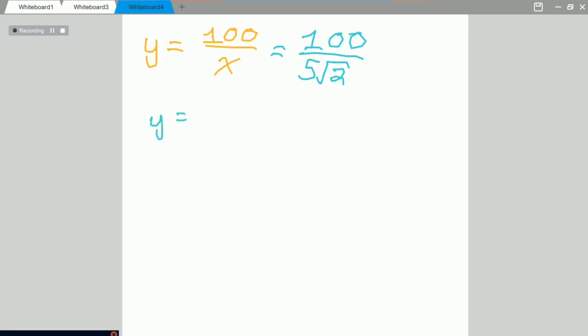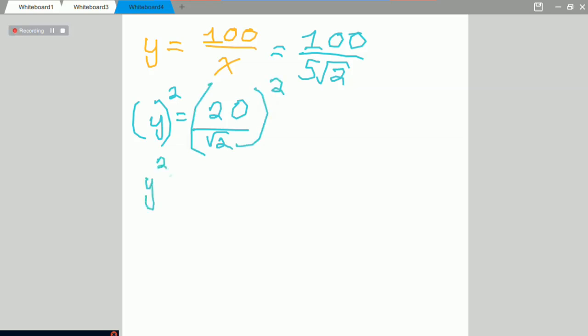5 into 100 is 50 over square root of 2. Right? Well, I'm sorry. I did wrong math. We all make mistakes. So that's 20 divided by the square root of 2. And to get rid of the square root on the bottom, because we can't have that as the answer, we square everything. So just imagine I go to square everything now, right? And I say that this is y squared equal to